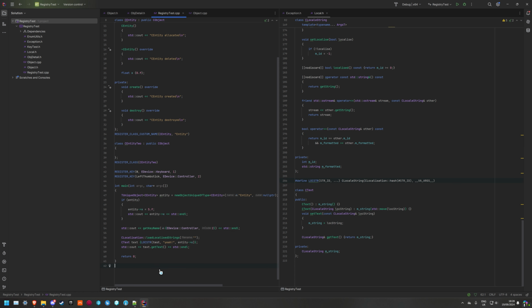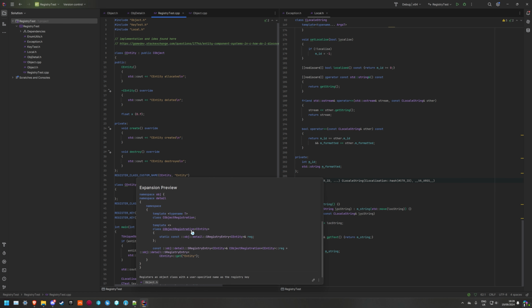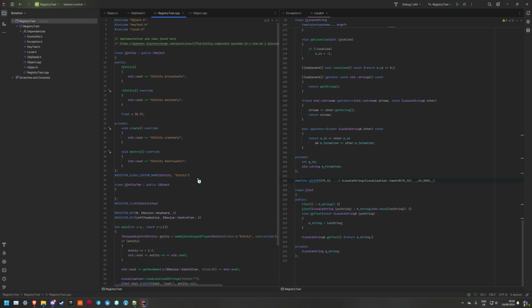Yeah, so anyway, that's that. I also have these other macros you can see. This is where I got this macro from. I think I changed it a little bit, but I'm going to change it a little bit more when I actually implement it. This is what I want to implement today, basically, to pretty much rewrite the registry thing that I have at the moment, because at the moment